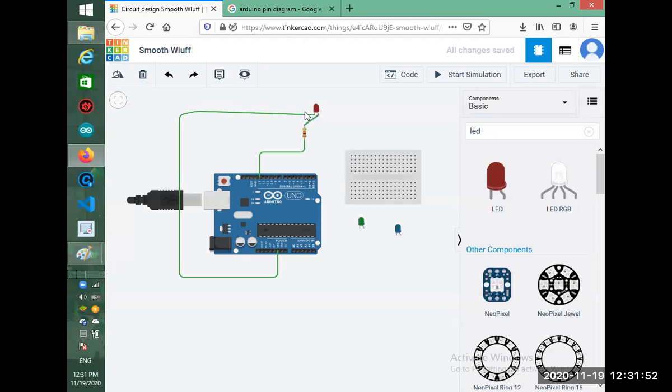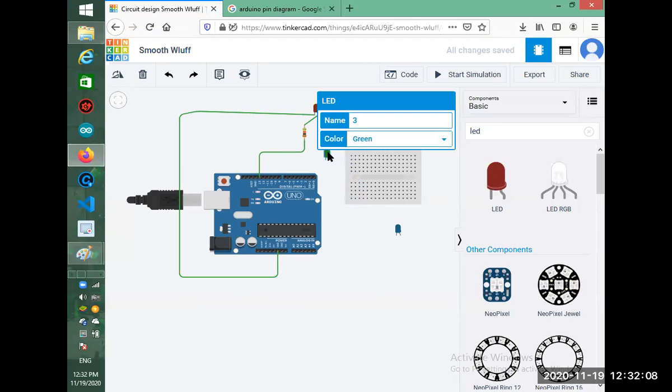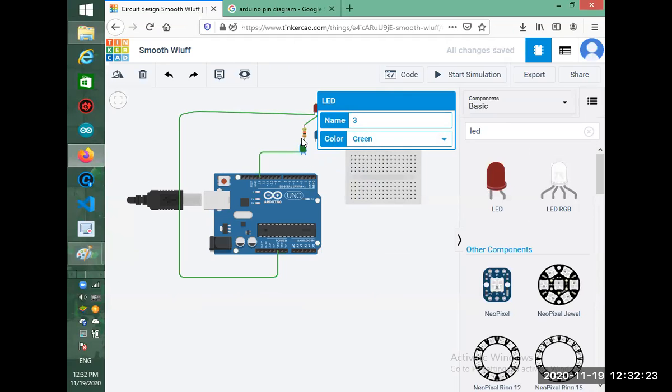For example, in the circuit we have to connect this. If we have taken 2 LEDs, then the ground is used up, there is no other ground in the Arduino. So at that point we will use this breadboard. What we'll do is make a connection. We do one here and one over there.